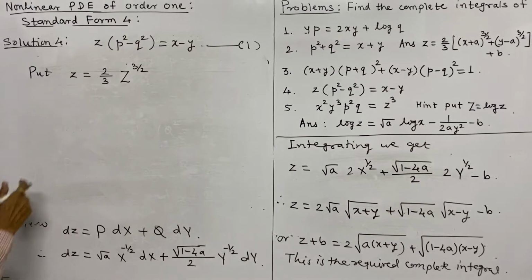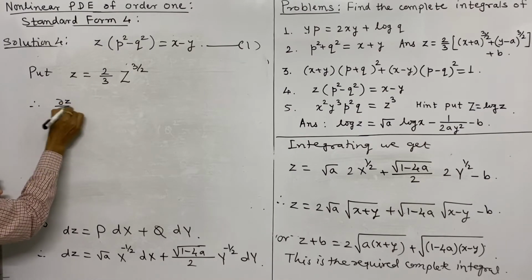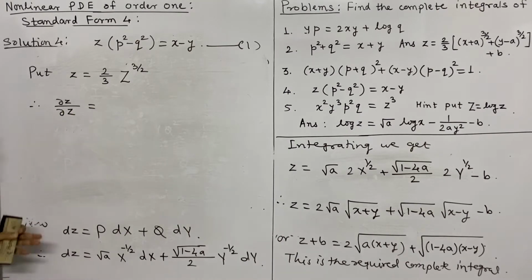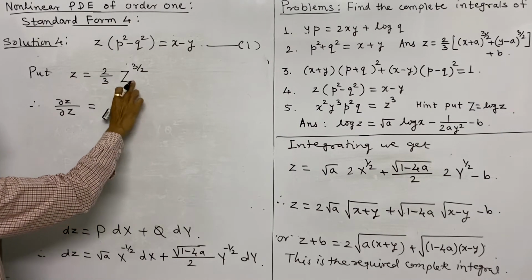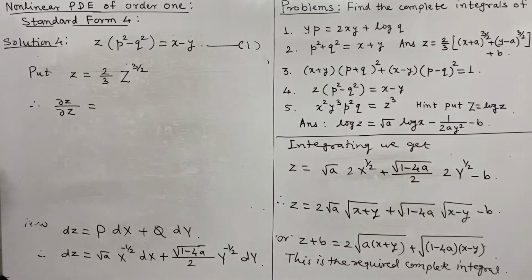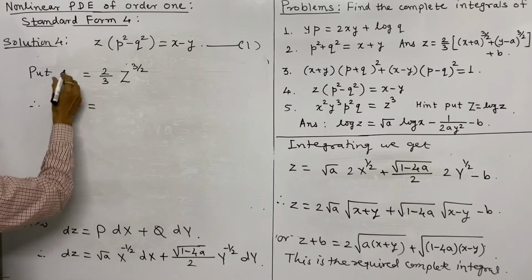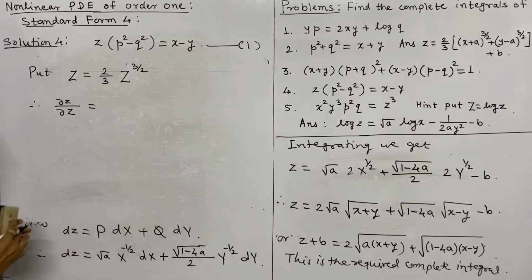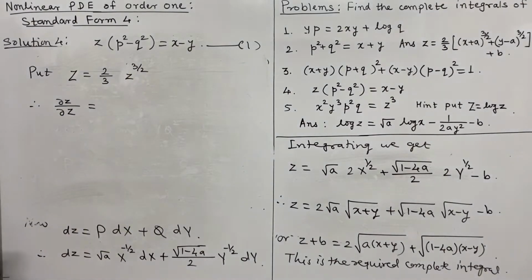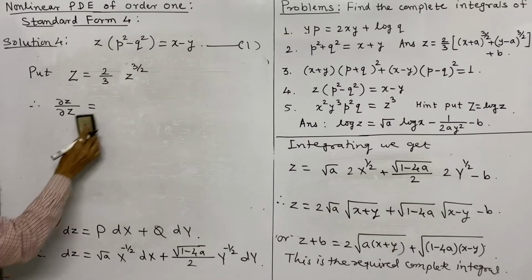value of this, and therefore, if you take the derivative of z with respect to capital Z, then this will be 2/3, the derivative of this is 3 by 2 and again raised to half. Further, the substitution should be in terms of capital Z in terms of small z. So we put capital Z is equal to 2/3 into small z to the power 3 by 2. Here it should be capital Z. And now the derivative of this